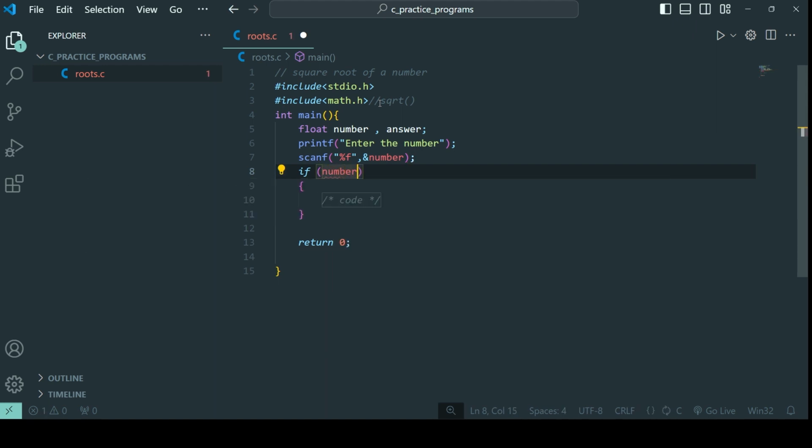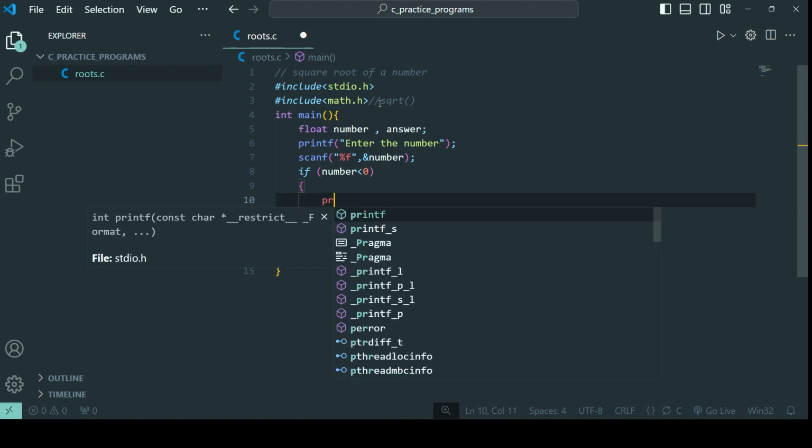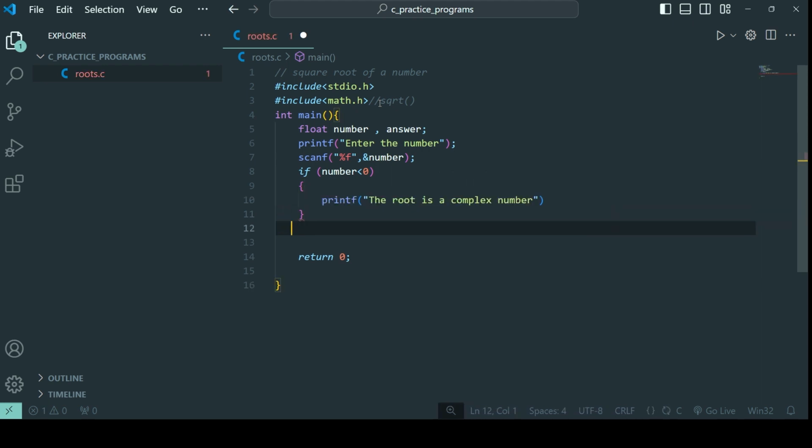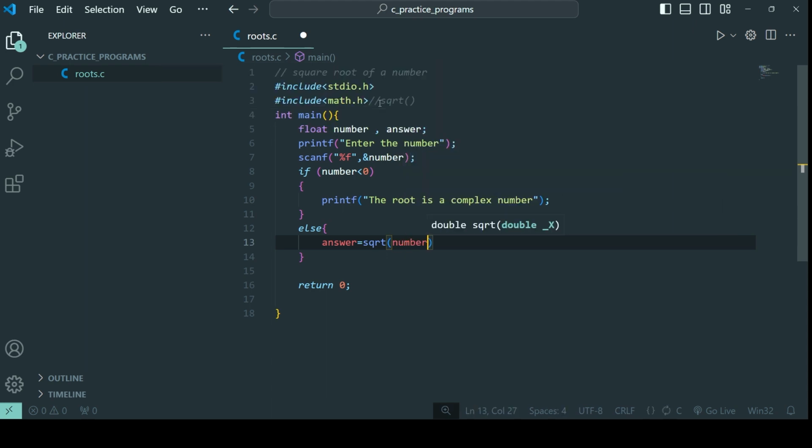So if the number is less than 0, print the root is a complex number. Else the answer is equal to the square root of the number,